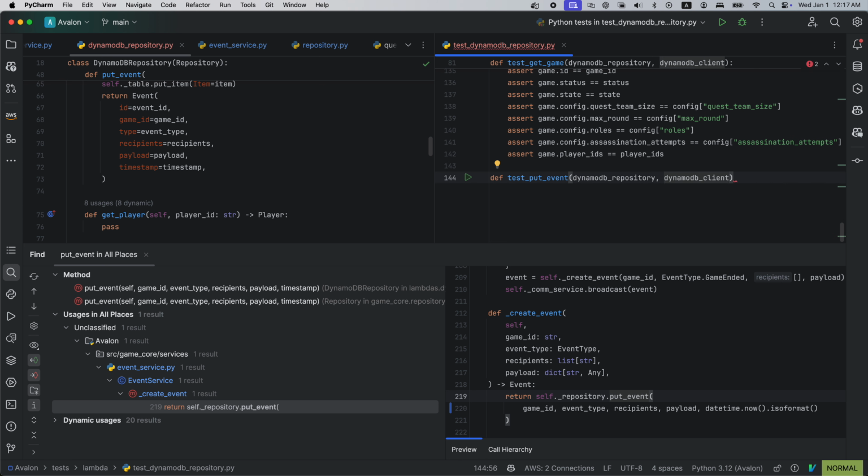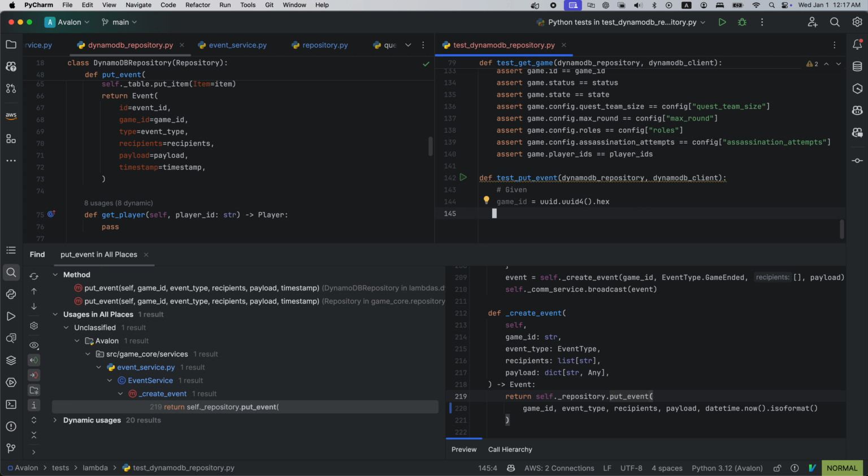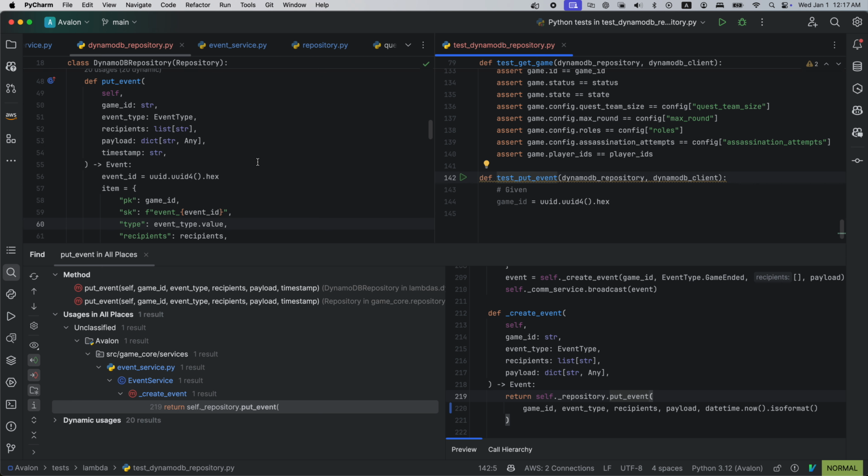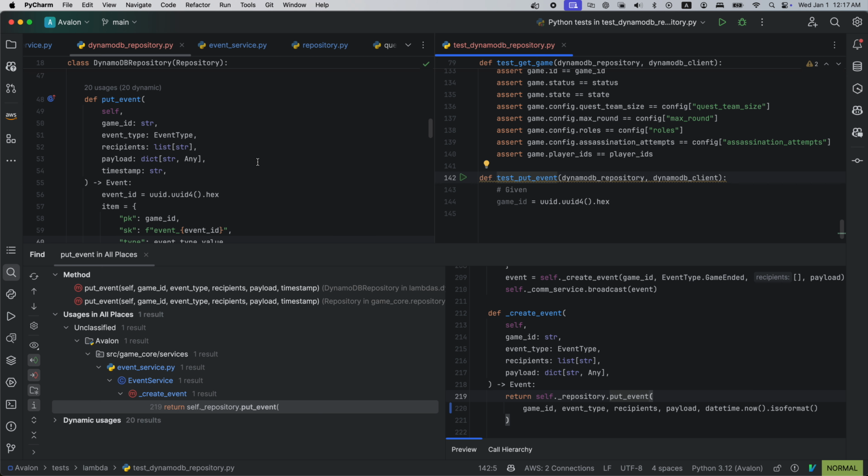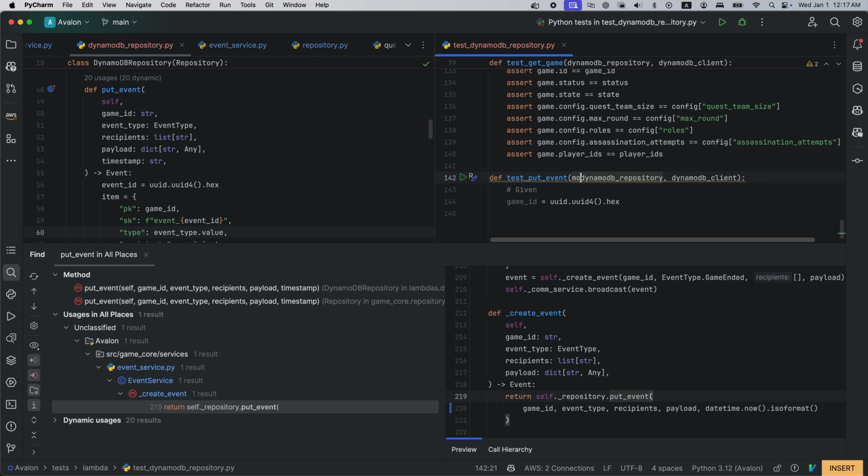So let's have a repository and client. So given we have a game ID, actually I want a marker.